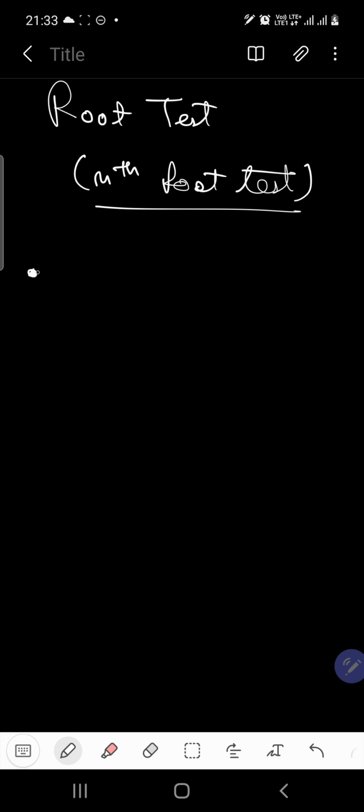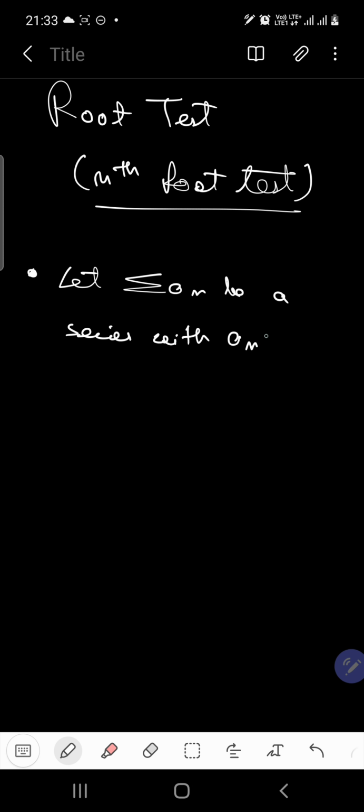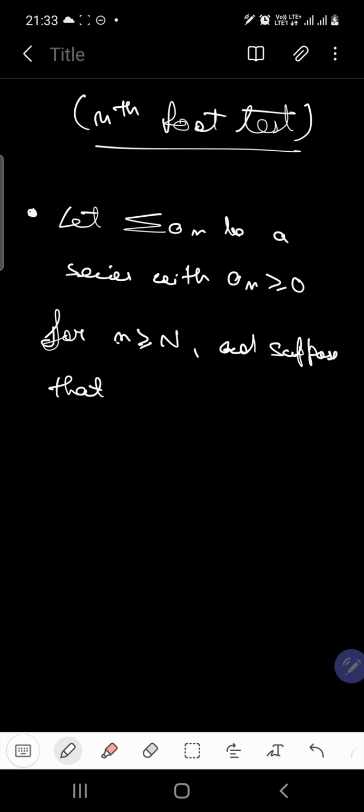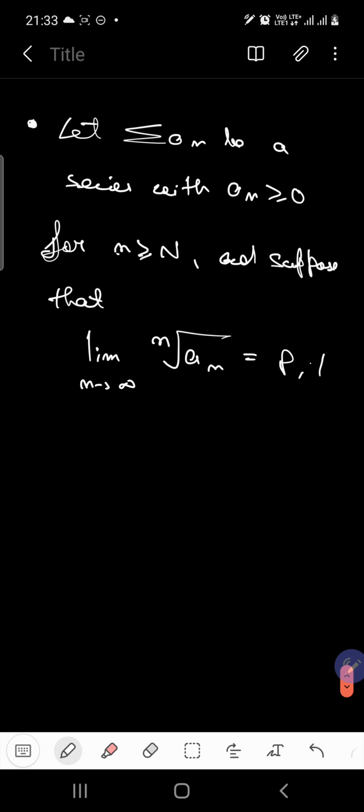So the statement is given as: let a_n be a series with a_n greater than or equal to 0. All these tests are for non-negative terms of an infinite series, keep that in mind. For n greater than or equal to some integer N, and suppose that limit n tends to infinity of the nth root of a_n is p, then